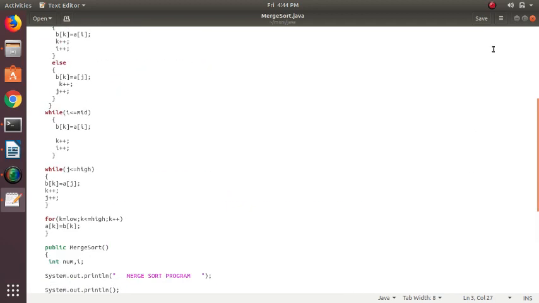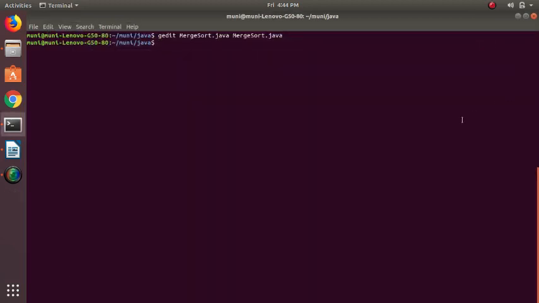Just save it and close. Now we will come back to the terminal. Let us check what files we have. Only the one Java file. Then compile: javac MergeSort.java. There are no errors. Now you check which file you want to use for execution.